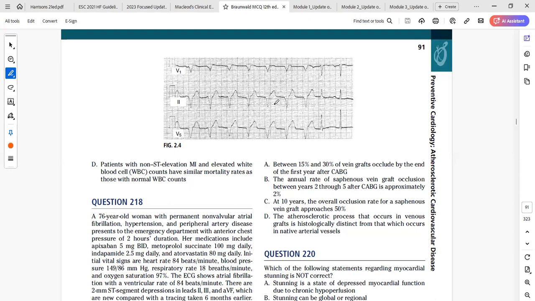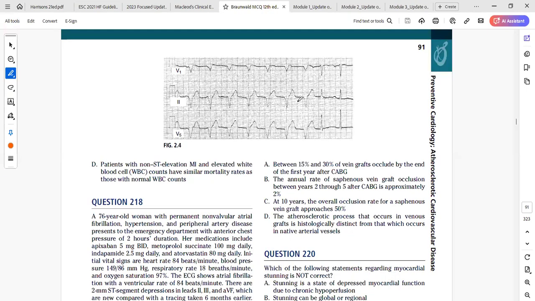Yes. So what's the fusion beat? A fusion beat is when there's a mixture of both. You have the ventricular complex and the other, so it's like two of them are superimposed on themselves. Exactly. So you can't have it as a normal QRS. That's my point. It won't look like this. So it's difficult to say that first one is a fusion beat, so that we don't get confused.